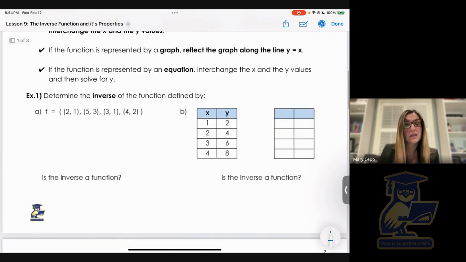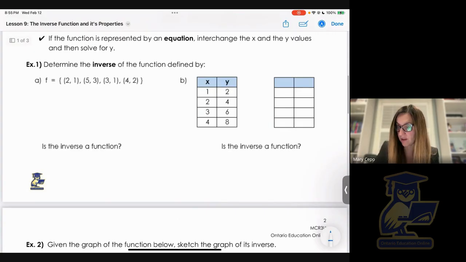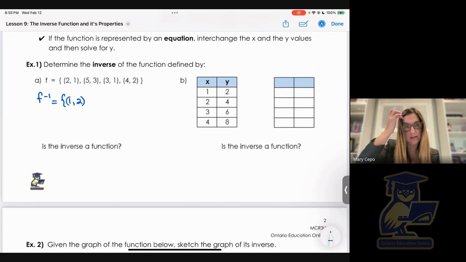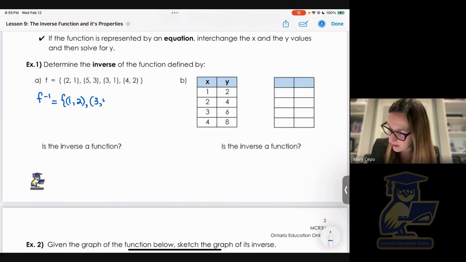Starting with the first, let's determine the inverse of the function defined by the following. So our f function includes the following ordered pairs: (2, 1), (5, 3), (3, 1), (4, 2). So if we wanted to determine the inverse, we would interchange the x and the y values. So the inverse function, f inverse, would be (1, 2). You interchange the x and the y values. The second ordered pair would become (3, 5), (1, 3),